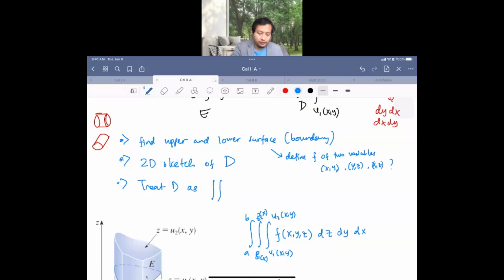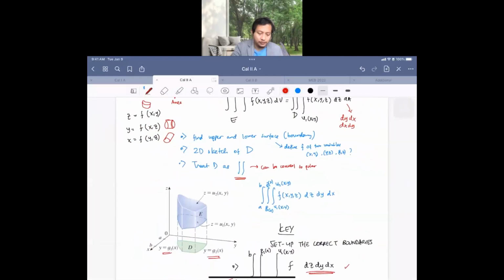We need to define and look at these functions as the upper and lower surface, and then sketch the D, and then we treat D as a double integral, and we follow the rules. Which means if we are treating D as a double integral, maybe in the middle of the calculation we can also convert to polar if we need. Okay,